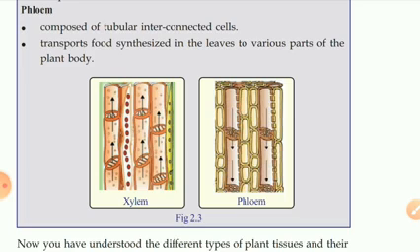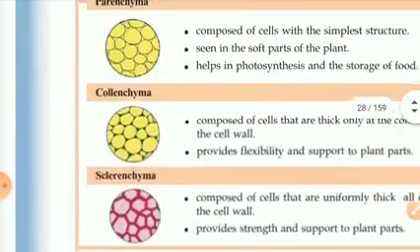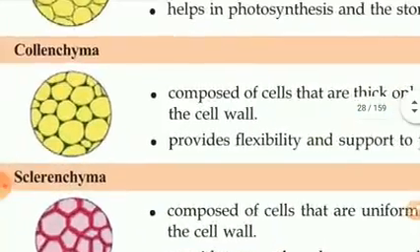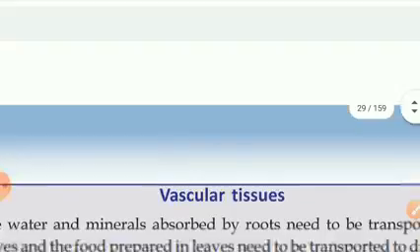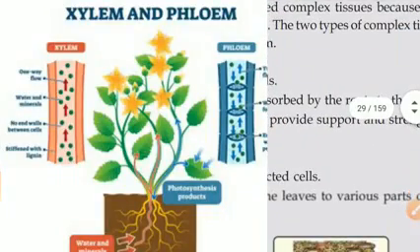This is about the five types of plant tissue. Which are they? Parenchyma, collenchyma, sclerenchyma, then vascular tissues like xylem